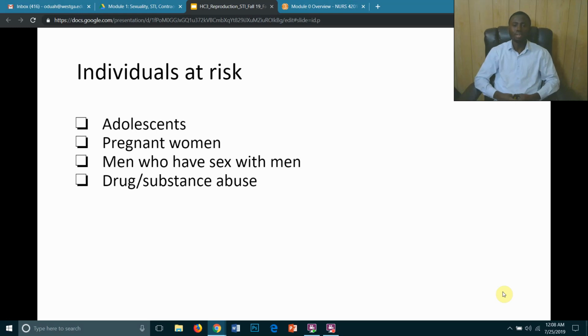However, men who have sex with men are also at increased risk, potentially due to the vascular nature of the anal region. Drug users may also share contaminated needles, which predisposes them to STIs. On the other hand, adolescents may engage in risky behaviors such as having multiple partners and also having multiple relationships within a short period of time, which can predispose them to STIs.